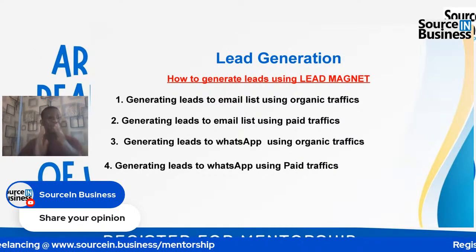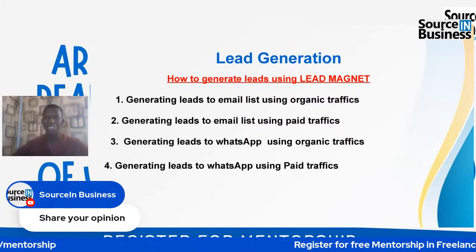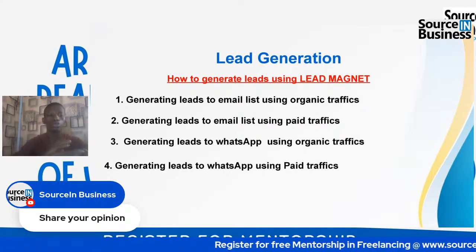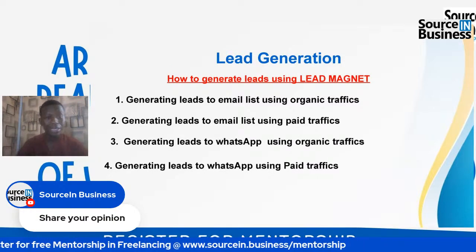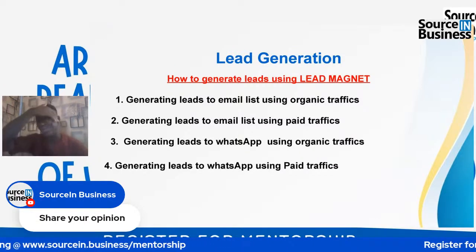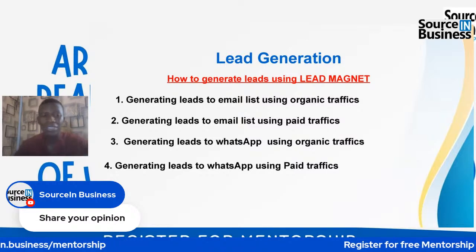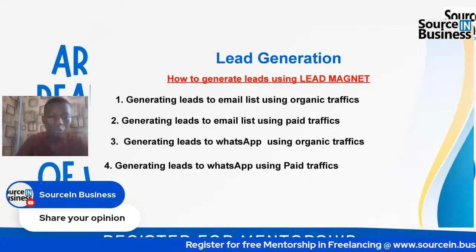But I still prefer to go for the automatic one anytime, because I can decide to extract contacts from 10 different groups. And you know how many that number will be? It can be like 2,000 contacts, and I will send a message to all of them. In less than 30 minutes, I have already sent a message to all of them, finished. You understand? So that is that for that.